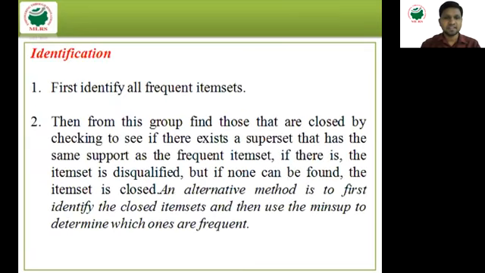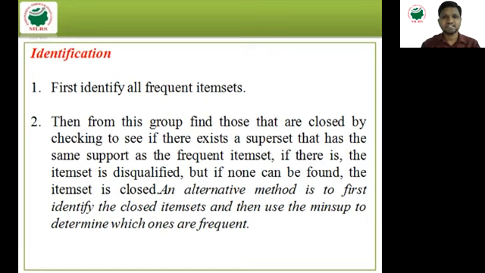Now see, there are two steps to find frequent item sets. The first one is to identify all frequent item sets. Suppose, for example, you visit the supermarket to buy a milk packet. Sometimes along with that milk packet you may purchase bread also. Sometimes along with milk and bread, you may purchase butter also. Like that, n number of customers may visit the supermarket to purchase grocery items every day.